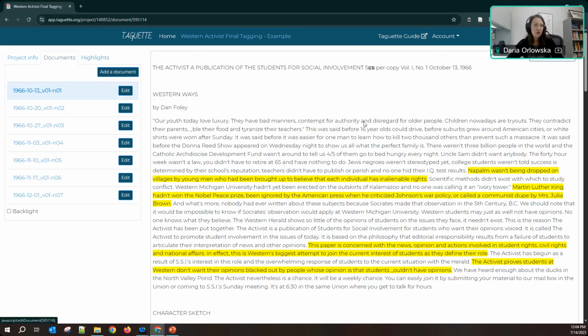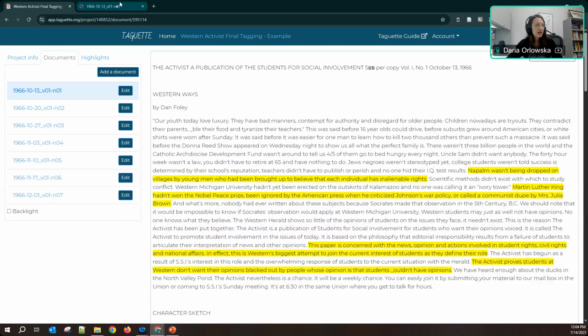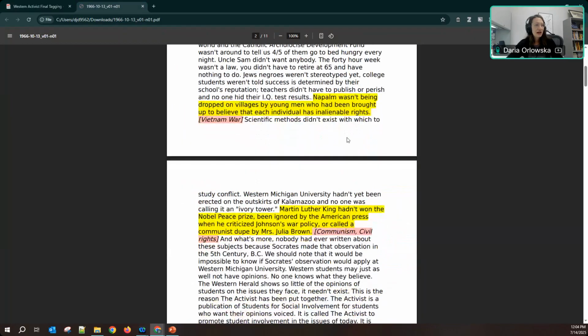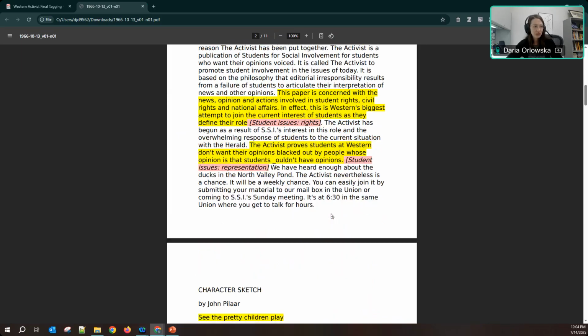So we'll start off with documents, export this view, and we can export it into an HTML, docx, or PDF format. Let's export it into a PDF. If I open it up, it has the exact document we just looked at, and then we have the text that we highlighted and the specific tag. If we have multiple tags, it will separate them out by commas.